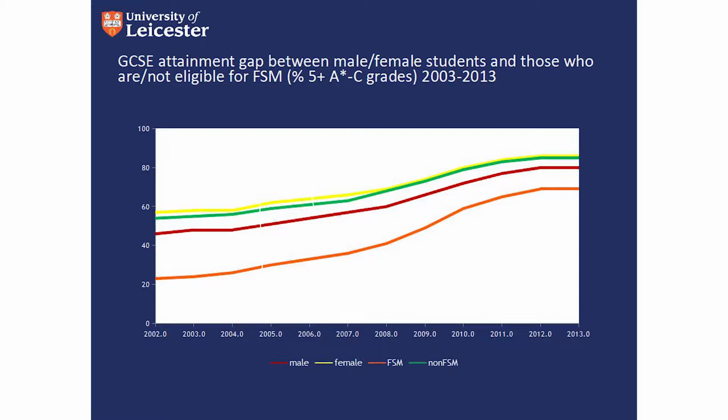The green line, or the orange line, or the brown line at the bottom, that is the children who have what we call free school meals. So we have an imperfect measure of poverty. It's not great, but if you're looking at patterns in education and you're looking at data and numbers in education in England or in the UK, then free school meals is the indicator of poverty. Because if families have a low income, then their children are entitled to have free school meals. They may not accept the free school meals, but they are entitled to that.